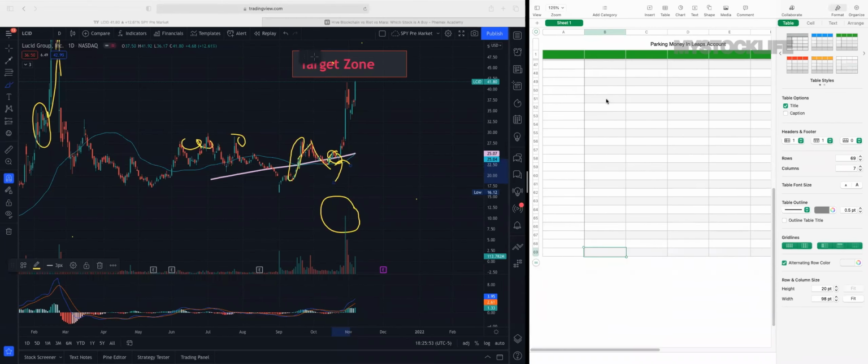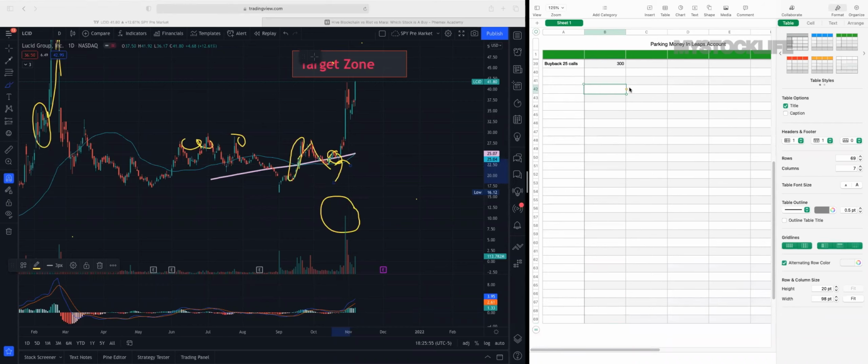Let's look at Lucid, LCID. We got the January 2023 LEAPS, I believe. I have the $40 calls, $30 calls. Hold on, let me just look at my alert to see which calls I have. So I have Lucid $30 calls, Jan 2023. Don't know how I forgot that. I had the Lucid Jan $30 calls at